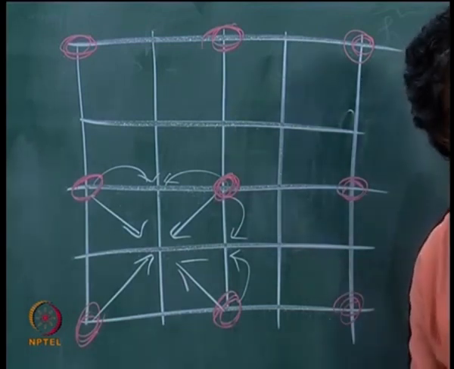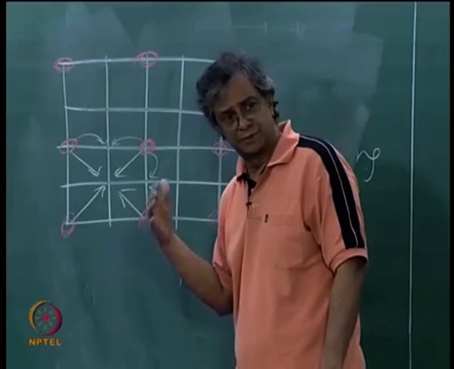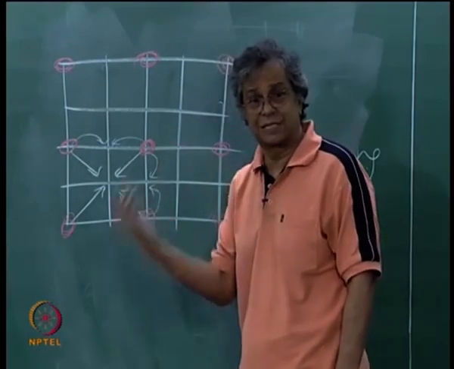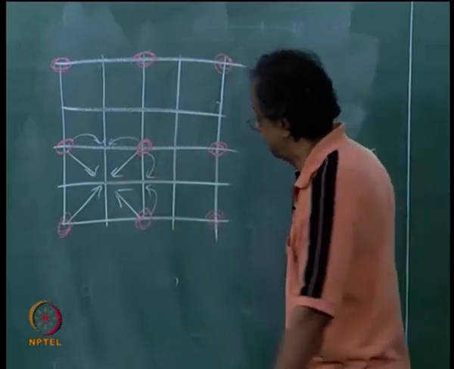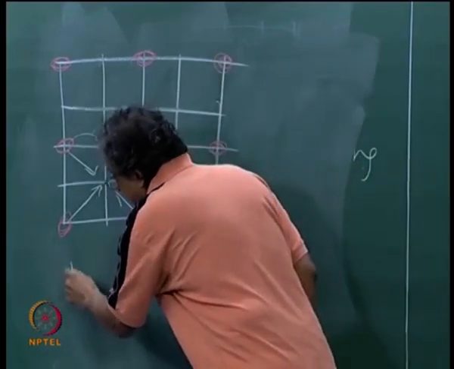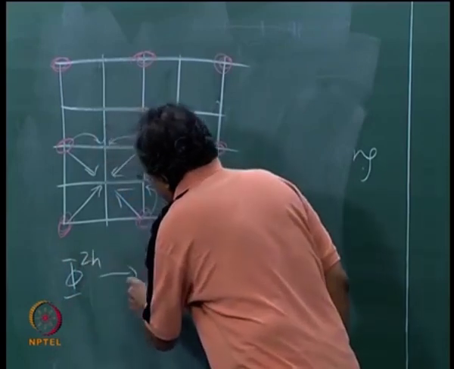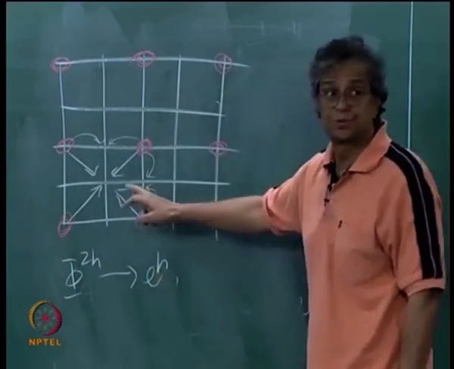So that is how you transfer from a coarse grid back to a fine grid. So the correction, that is how the correction would be transferred from a coarse grid back to a fine grid. Is that okay? So if you say that I want phi 2h to go to EH, this is what you would use,